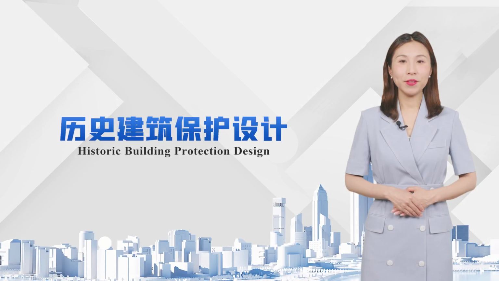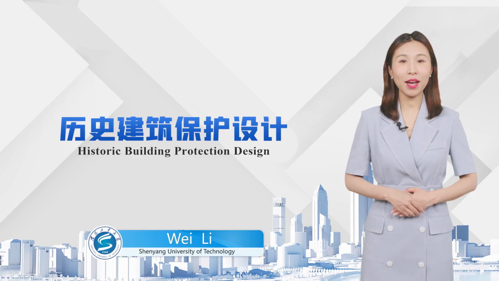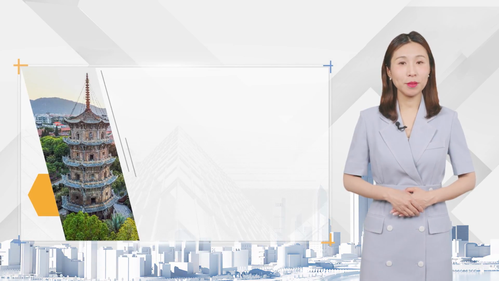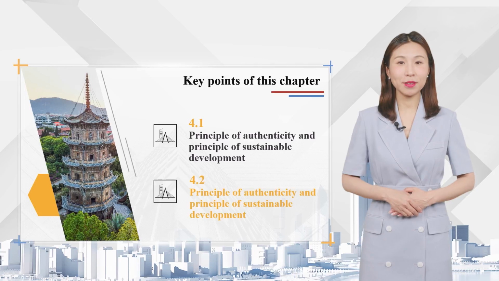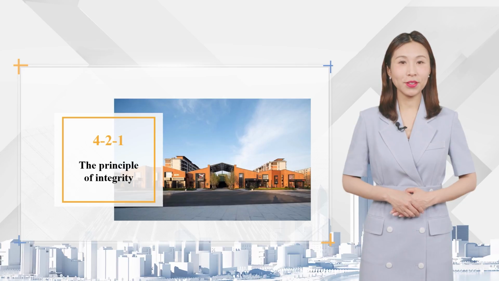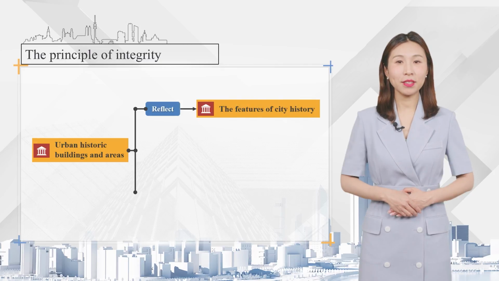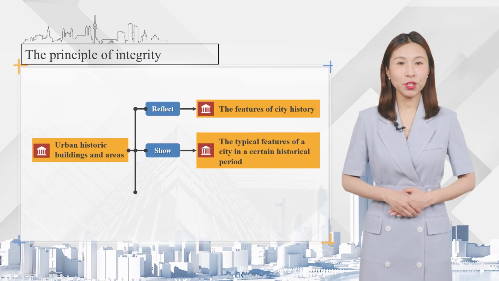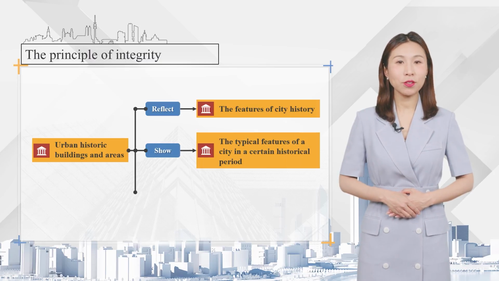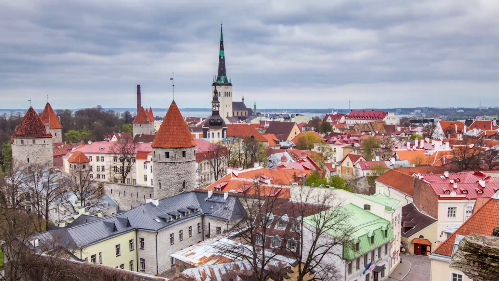In this lesson, we continue to study the principle of historic building protection and utilization, mainly aiming at the principles of integrity and compatibility. First, let's learn the principle of integrity. Urban historic buildings and areas reflect the features of city history as a whole and show the typical features of a city in a certain historical period, reflecting the development of city history, in which the building and the environment